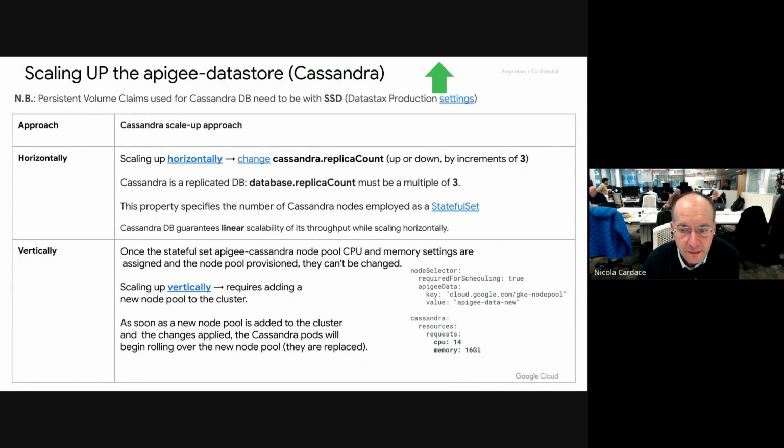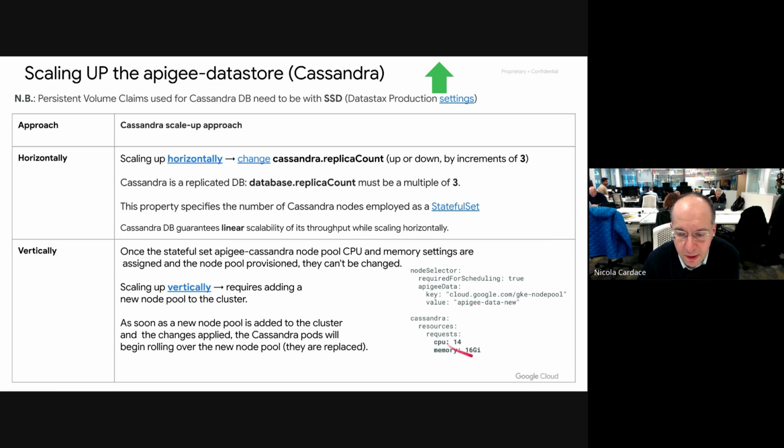And then scaling up for Cassandra, you can have two approaches here, either horizontally, which means I want to move from 3 to 6 nodes, and the Cassandra architecture guarantees linear scalability. Or otherwise, vertically, where I just need a different node pool. You see here, I have a node selector required for scheduling true, and then I give another name for the Apigee data, and I change CPU and memory.